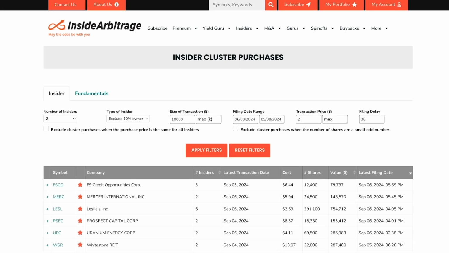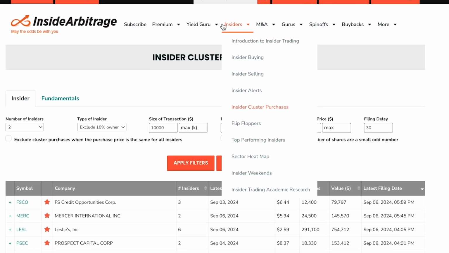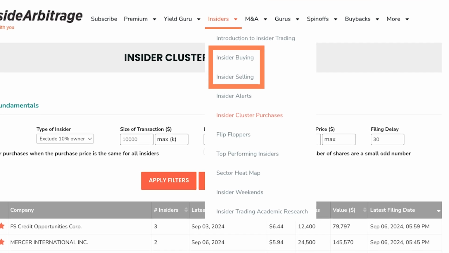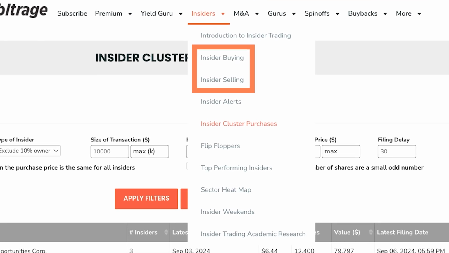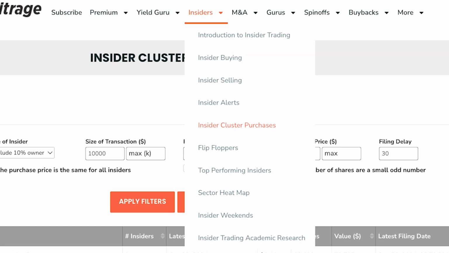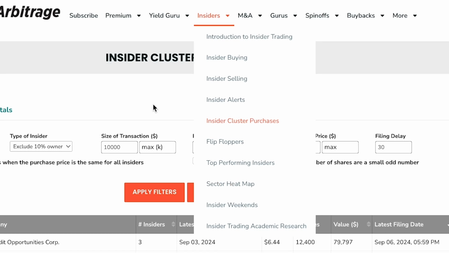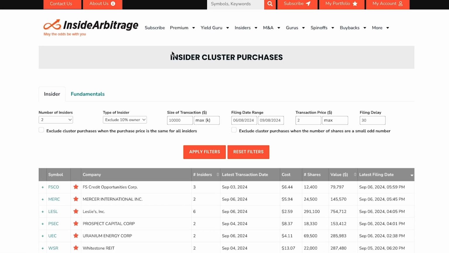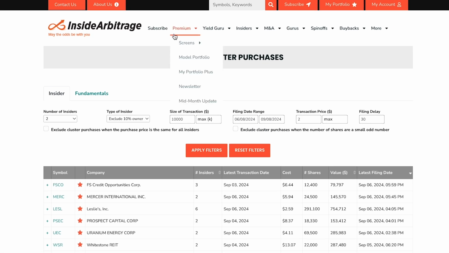The first screen that we'll take a look at is the screen for insider cluster purchases. While we track every single insider transaction under our insider buying and insider selling tabs, buying by multiple insiders of a company, also known as a cluster purchase, is a much stronger signal. Through the Insider Cluster Purchases screen, which you can navigate to from under the Premium tab in our navigation bar,